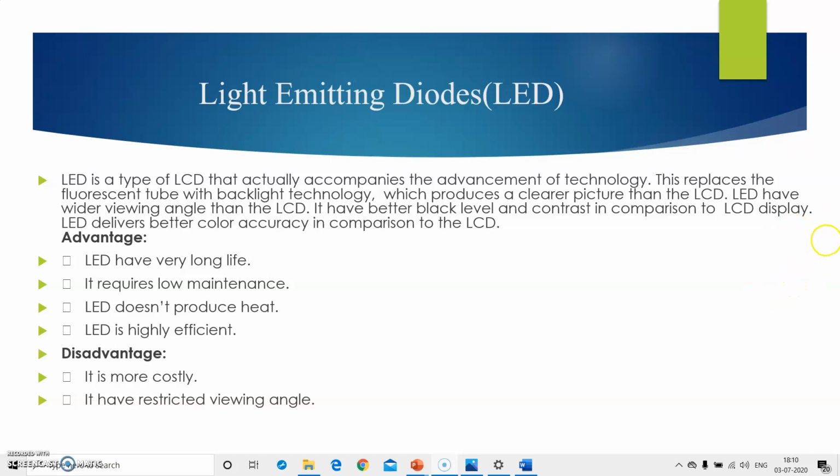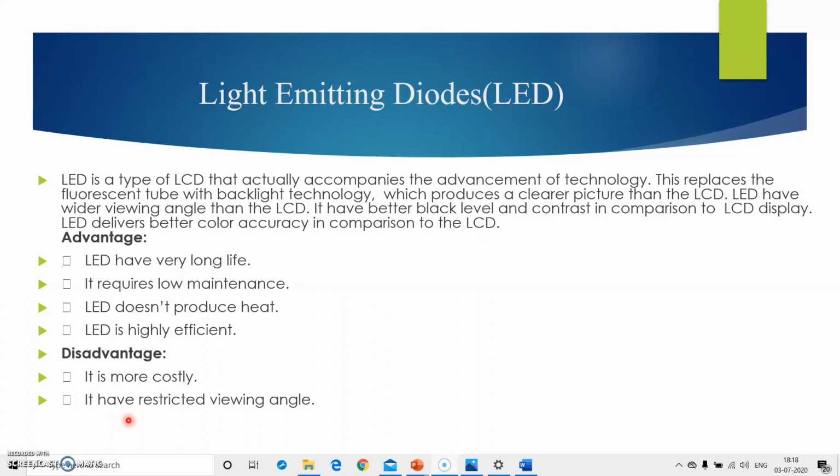LED have clear images. LED have wider viewing angle than the LCD. It has better black level and contrast in comparison to LCD display. LED delivers better color accuracy in comparison to LCD.